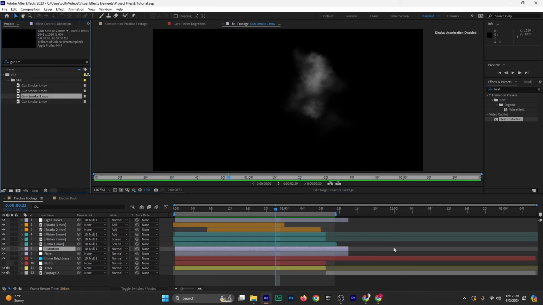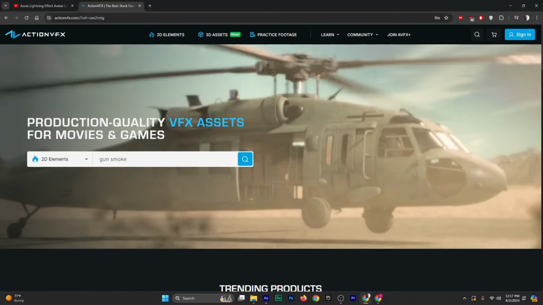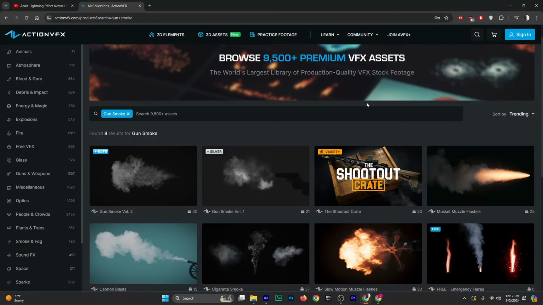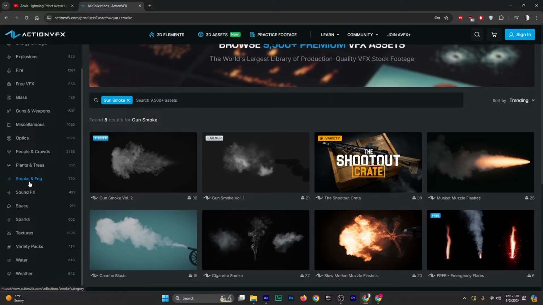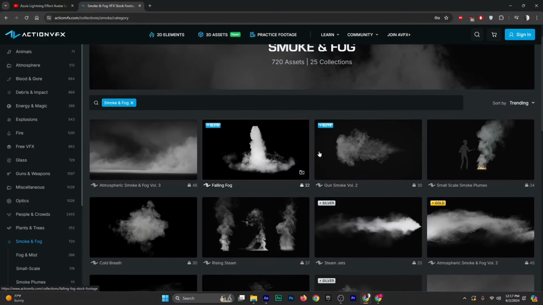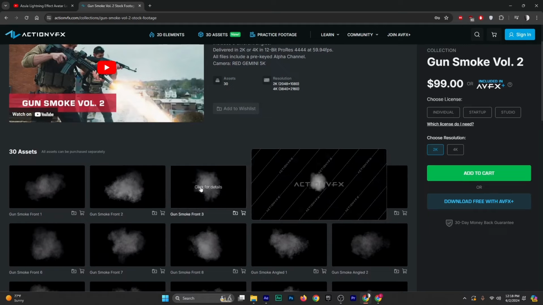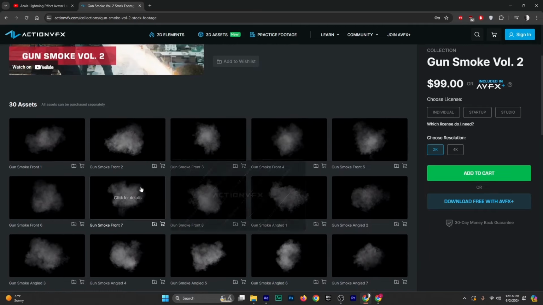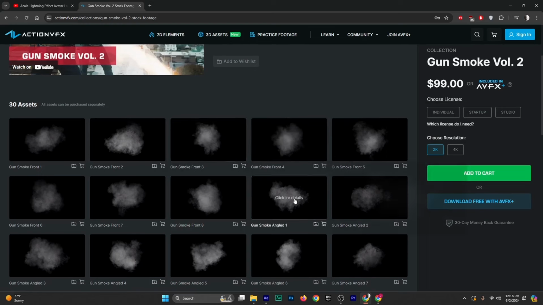If you go to actionvfx.com and search up Gun Smoke, check this out. They give you different kinds of variation. You can sign up for just $20 a month and you can get access to these files. Of course, they have free visual effects and stuff, but you can check out some of their Gun Smoke assets. And I mean, this stuff is amazing. When I tell you it's amazing, it's really amazing. You guys can definitely check it out,